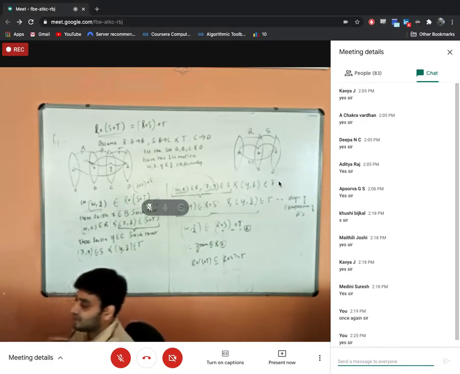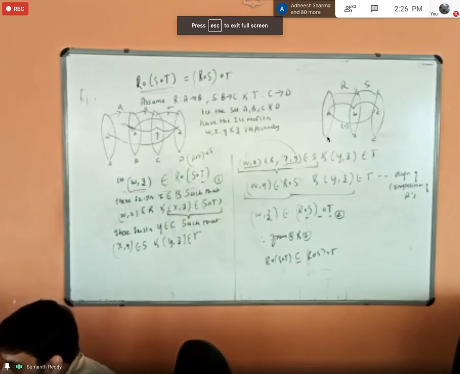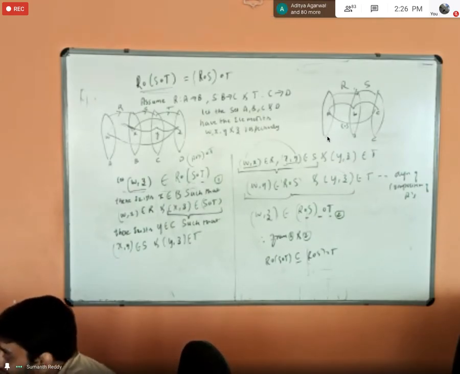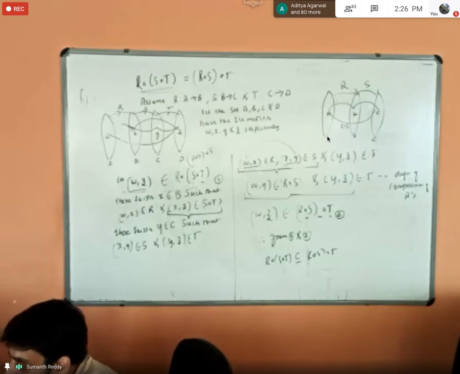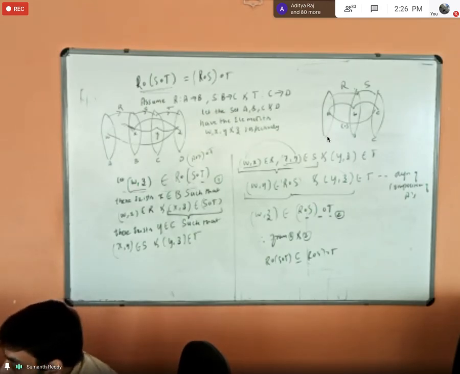See, what I have done is just I have used the definition of composition of relation. That's all. As I have told you, the theorem looks very lengthy, but there is nothing in this theorem. I have just split it and then regrouped it. That's all. Okay. So next, if everyone has understood this, I will start with the properties of the relation.